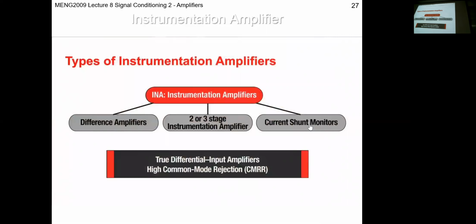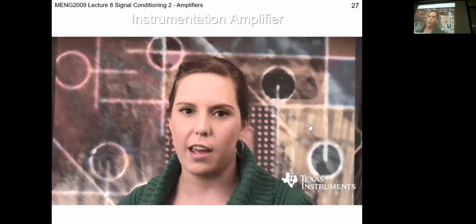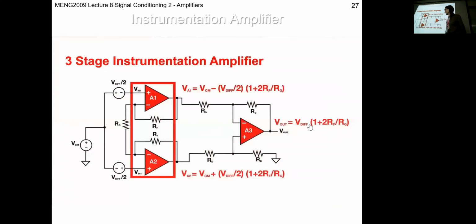So TI has an active portfolio in each of these 3 areas, but it's the 2 or 3 stage instrumentation amplifiers that are the focus for today. High CMRR and high gain in just